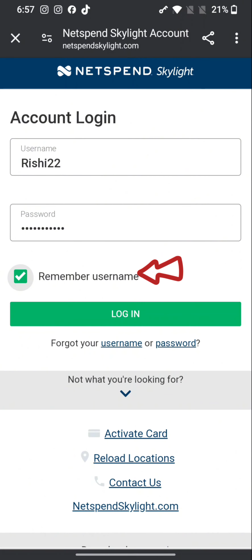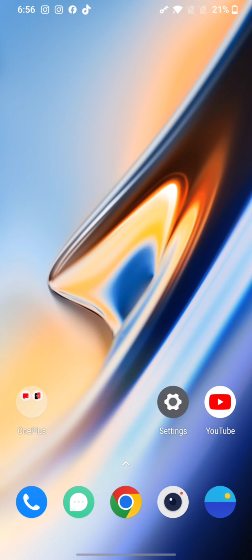Tick mark on the box that says Remember Username if you want your username to be remembered next time you log in. In case you don't remember your username or password, click on the link that says Forgot Username or Forgot Password. This is how you can log into your Netspend Skylight's account quickly and easily in just a few